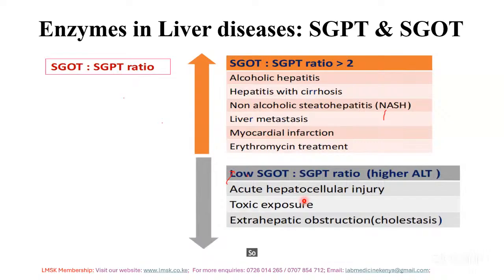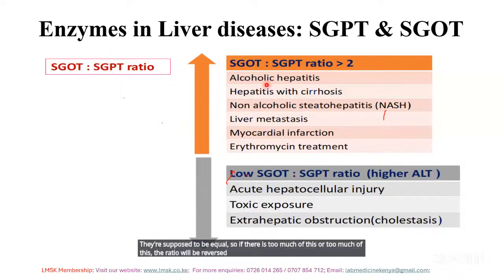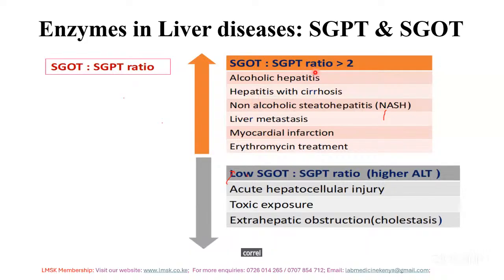The ratio of SGOT to SGPT is usually around 0.8 to 1; they're supposed to be equal. So if there is too much of this or too much of this, the ratio will be reversed, and you might want to correlate with the patient's history and other muscle injuries to help know why